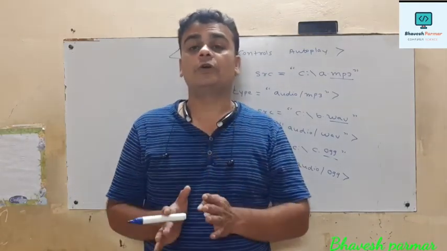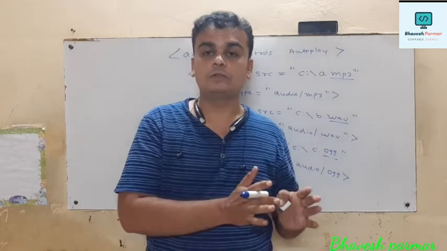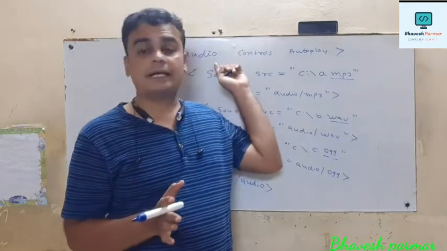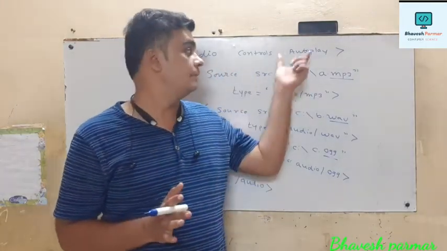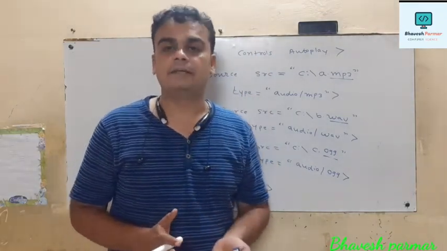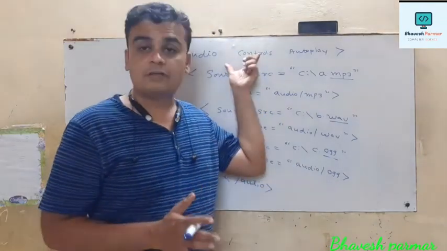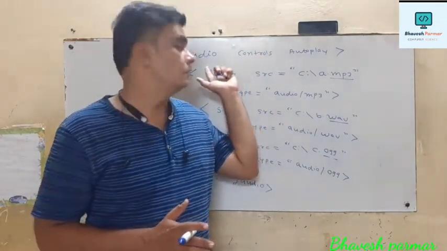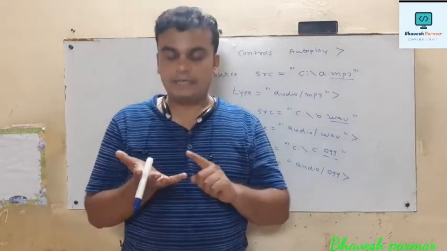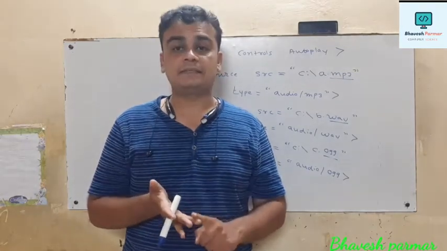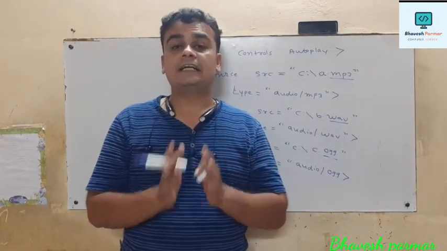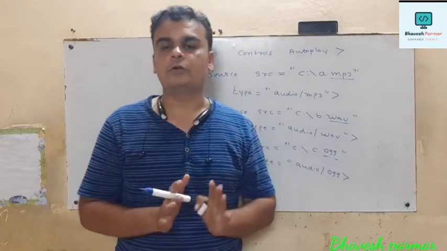The working of the audio tag is similar to the bgsound and embed tags. But if we compare the bgsound tag and the audio tag, the audio tag is very powerful because it provides various controls that you can experience within the program. HTML5 supports the audio tag. The attributes of the audio tag are autoplay, src, muted, and controls. These are the attributes widely used with this audio tag.